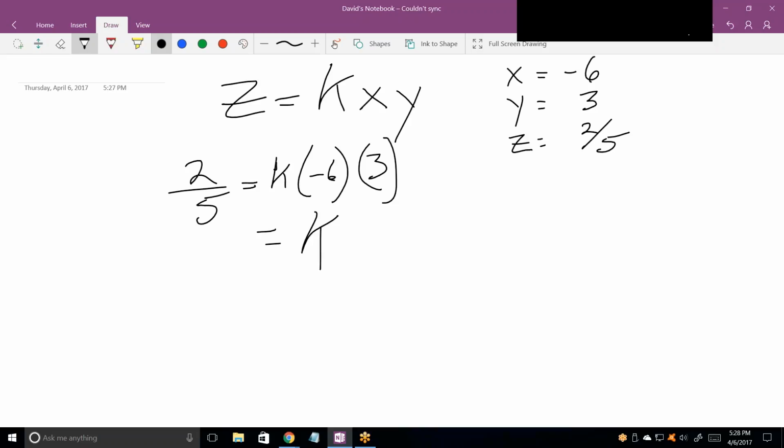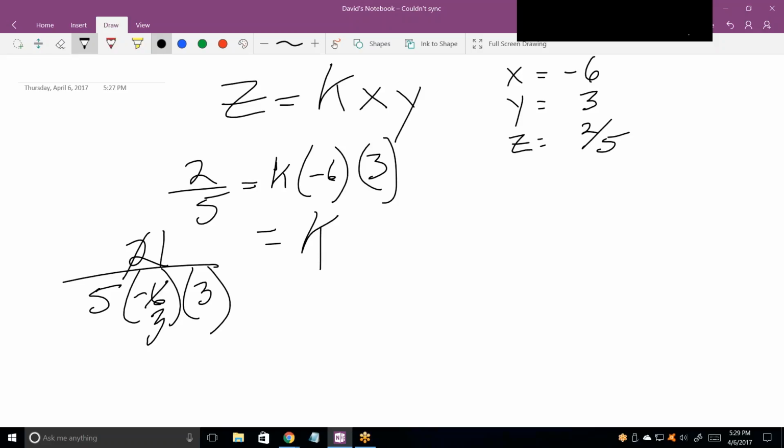Now, I still like doing it this way. In other words, I'm going to divide both sides by these two coefficients, right? Okay. And that is this. 5 is still in the denominator, and both of these numbers now have to go into the denominator, because I'm dividing both sides by those two numbers. Now notice that I can do a little cancellation with this 2 and the 6. What can I do? 1 over -3. Okay. Now k equals what? 1 over